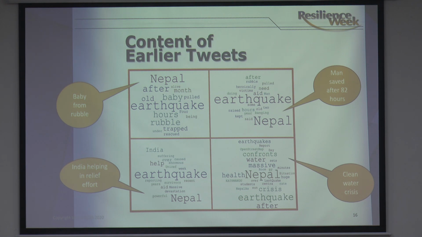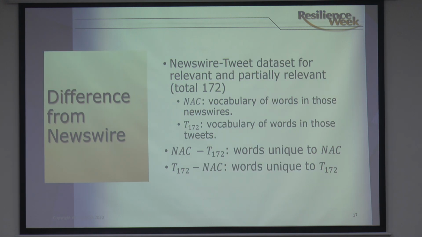Okay? And now let's take a look at the difference from the Newswire, right? So we are focusing now on a subset of relevant and partially relevant tweets, total about 172. What we are going to do is take the vocabulary of words in the Newswire articles and the vocabulary of words in those relevant and partially relevant tweets. Then we'll take the words that are unique to the Newswire articles